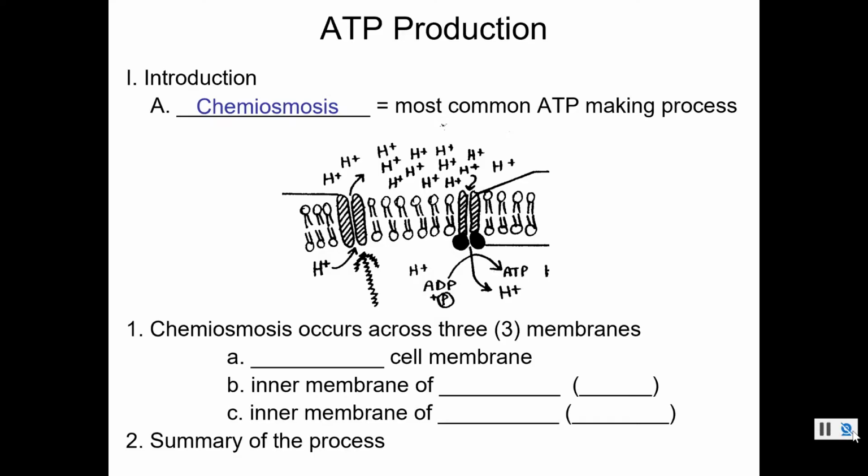We're going to start at the very end of cellular respiration, of breaking down nutrients to make ATP, breaking down glucose to make ATP. So at the very end, we want to see how that ATP is actually made. So that's where we're starting. All right, the most common ATP making process is chemiosmosis. You can practice saying that one, that's a harder one. Chemiosmosis, we do it, most bacteria do it, yeast do it, plants do it. A lot of organisms make ATP by this process.